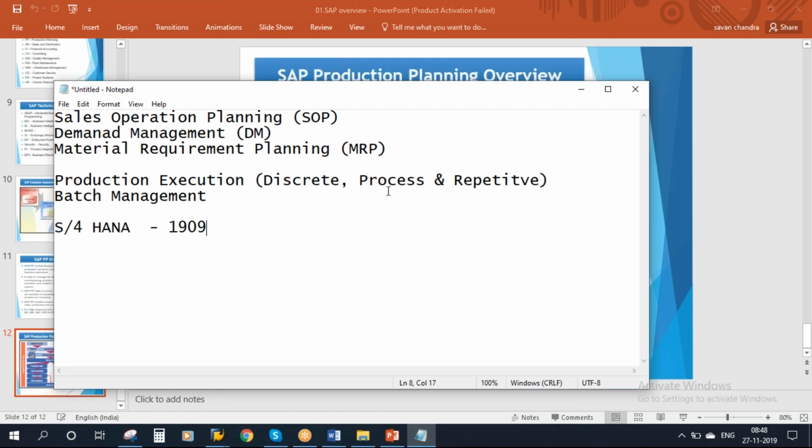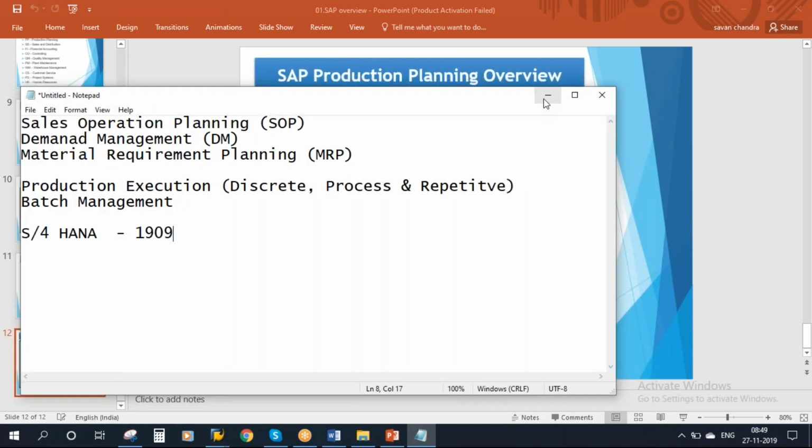Only the navigation will be different, but ultimately the activity you are going to execute remains the same. We will have a separate class on Fiori. Okay, Aditya, got it? Okay.